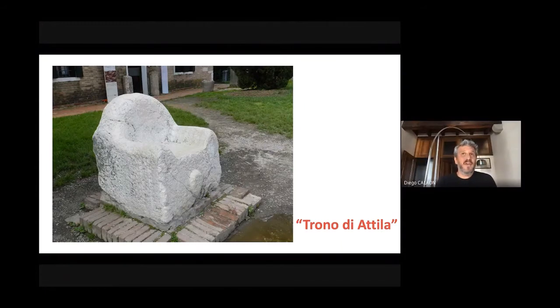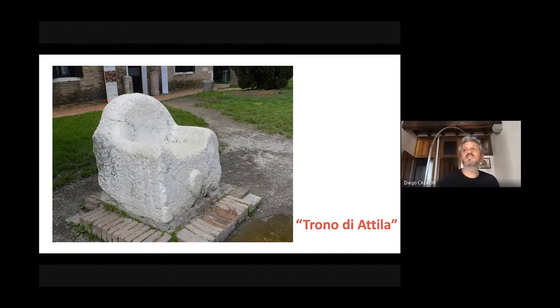Because the fact that Attila's throne is there really shaped the way that many archaeologists narrated what they found in Torcello and what they found in the nearby Roman city. So every time a burnt layer was found, it was said that these were the traces of the Attila destruction or the Huns' destruction, and every time they found a wooden pole or wooden huts in Torcello,